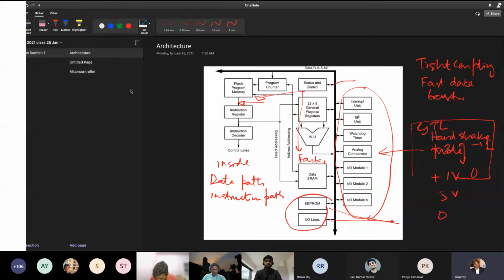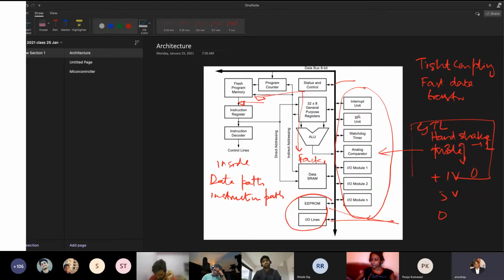I did not understand right now, sir. I was still trying to understand. What did I say about tight coupling? It helps in fast data transfer. So if you have logic levels reduced, Abrar Hussain, what is the advantage you get? Can you guess? The power consumption is less in that case. Excellent. Thank you very much.